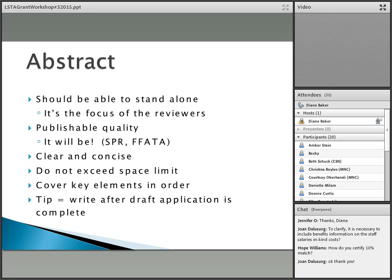No other questions at this point, so let's do a quick recap on all the good things that we have discussed to this point. The need, target population and the benefits to that population, the connection to the LSTA and local plans, your implementation, which is your how-to, evaluation, it shows what you were able to accomplish and the impact, the change that you've made to your users and your community. The budget,